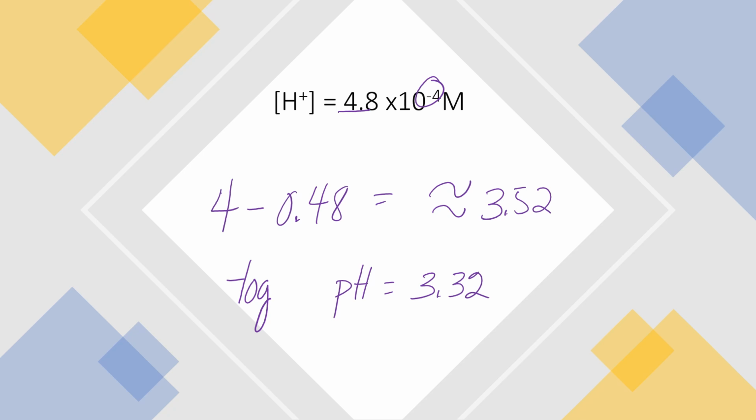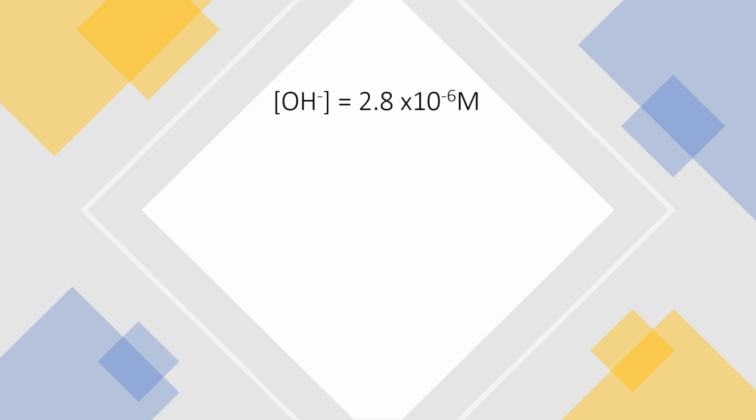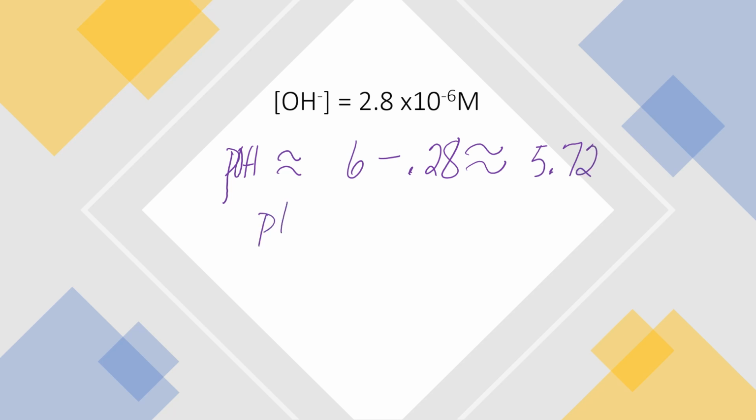Okay, and then one more. I'm going to make this video less than 5 minutes. And then last one, this time we're going to have hydroxide. Of course, the biggest part of that is recognizing that when we do this estimation, we're getting a pOH. Approximately, bring that 6 down, subtract 0.28, and we get our approximate pOH of 5.72. Then, to get pH, we take 14 minus 5.72, so we get an estimated pH of